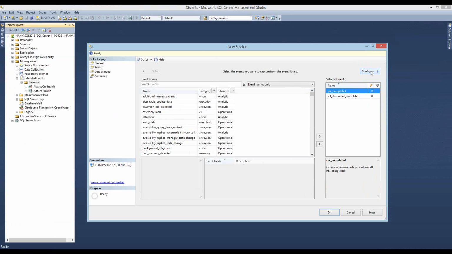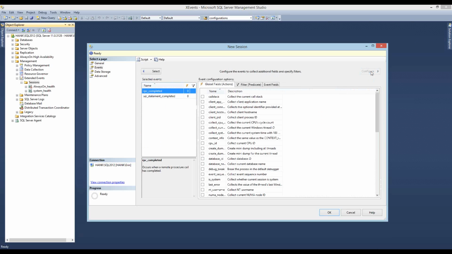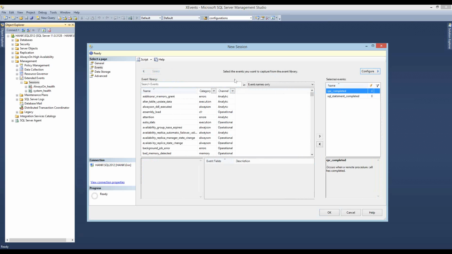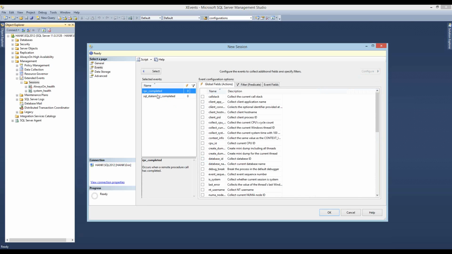So when I click on configure, it's like a transition in PowerPoint. Ready? You see how it moved over? And if I want to go back, I select, and it goes back. So this is the only thing I don't love about the UI, but I can really get past it for all the great benefits. So I've got my events selected, and now I want to configure them.